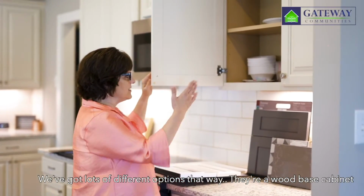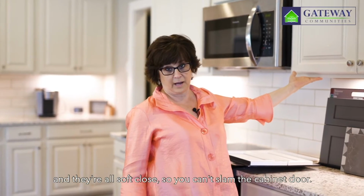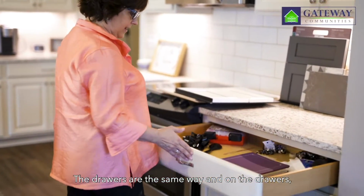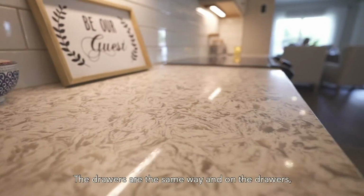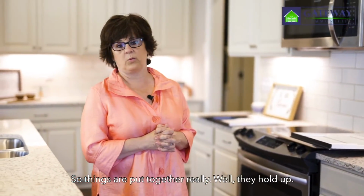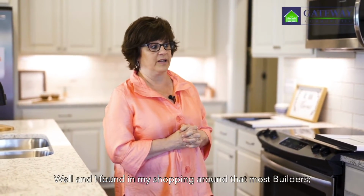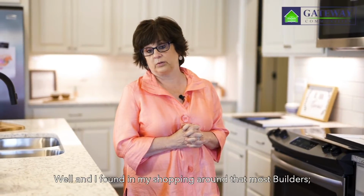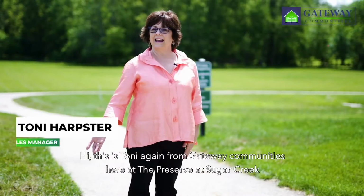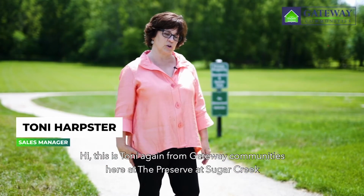They're a wood-based cabinet, and they're all soft close, so you can't slam the cabinet door. The drawers are the same way, and on the drawers there's a dovetail finish, so things are put together really well. They hold up well, and I found in my shopping around that most builders, this would be a 3 or 4 level upgrade. Hi, this is Tony again from Gateway Communities here at the Preserve at Sugar Creek,